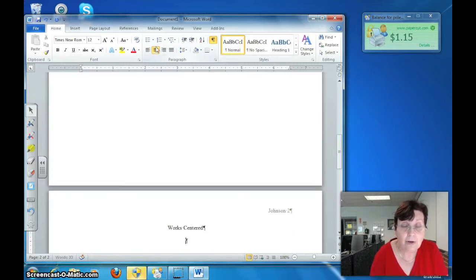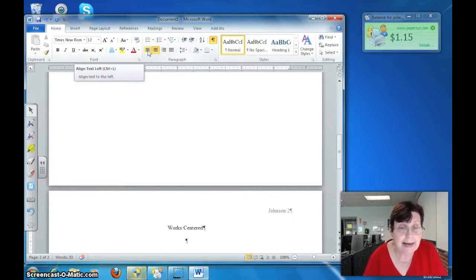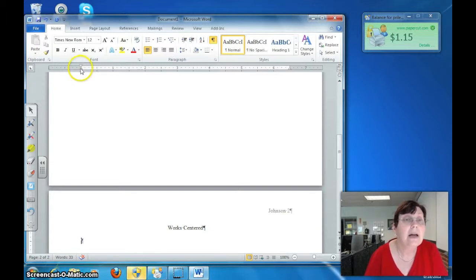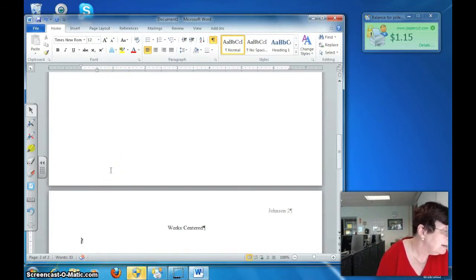Now I hit enter, then I go back to the left margin using my left justification button. Now for the Works Cited, instead of having the first line indent, you have a hanging indent. That means the second and every succeeding line is indented. So we want to use the triangle that's pointing up, the hanging indent button, and we're going to move it over to 1/2. Now then, when we type our Works Cited,